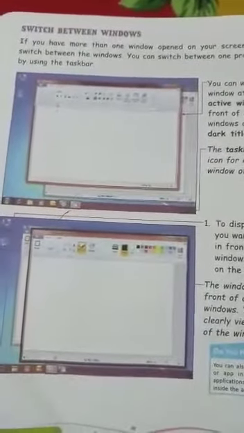Here I will show you with the help of an example. See here. Dear students, suppose currently I have opened Microsoft Word and I am working in it. It means this window is called the active window, but now I do not want to work in MS Word. So I will simply minimize this window, and suppose I want to work in Notepad, then I will simply click on the Notepad icon here and now I can work in Notepad. So this is the way we can switch between the windows.